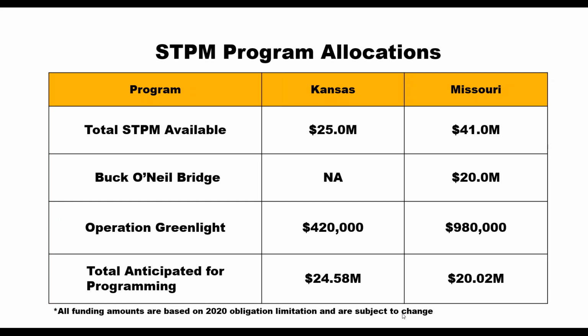Under the STP program, this is the largest of the 3 programs and the most flexible, and so we do see the most applications come in under this particular program. You'll note in Missouri, there is a kind of a funding taken off of the top for the Buck O'Neill Bridge project, which reduces the amount anticipated available for programming in Missouri, and also money taken off of the top for Operation Greenlight. This is supporting regional operations of that particular program, and you can see the amounts available in